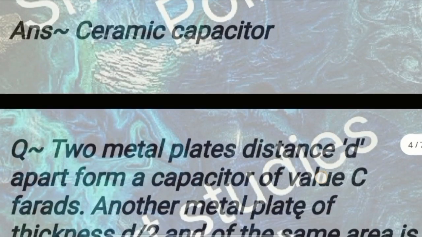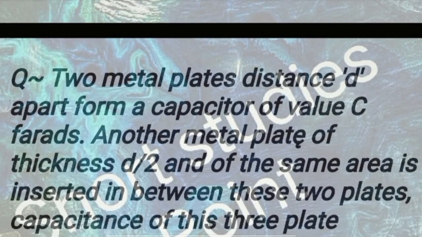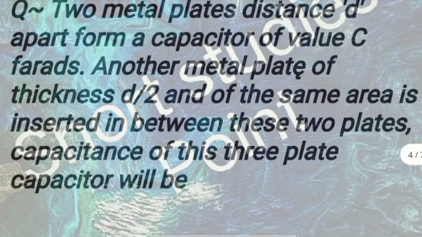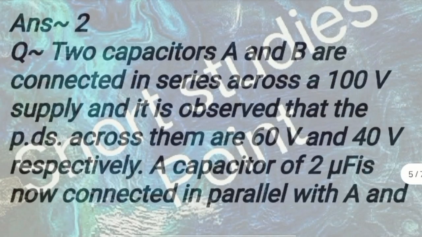Answer: Ceramic capacitor. Next question: Two metal plates a distance d apart form a capacitor of value C farads. Another metal plate of thickness d/2 and of the same area is inserted in between these two plates. The capacitance of this three-plate capacitor will be? Answer: 2C. Next question: Two capacitors A and B are connected in series across a 100 volt supply